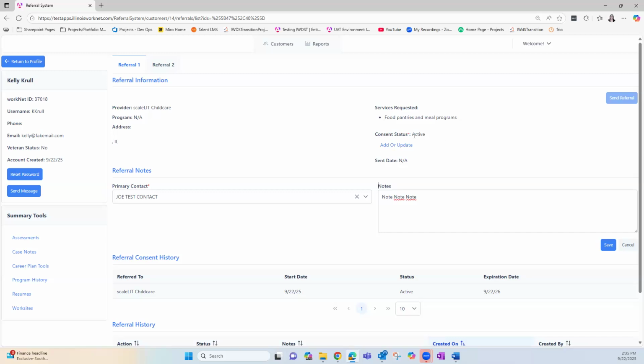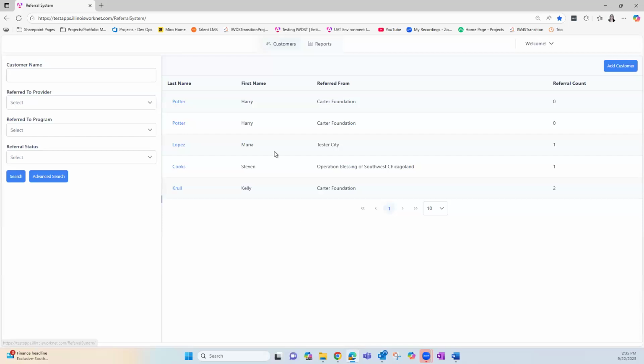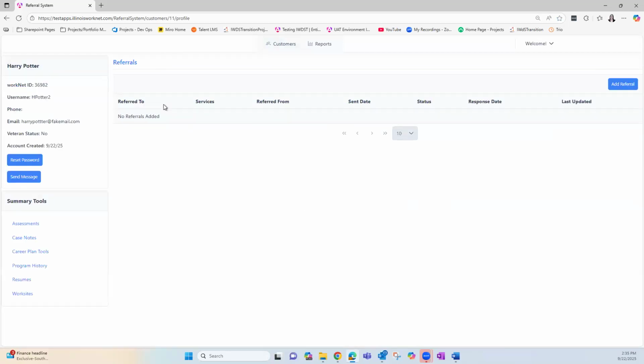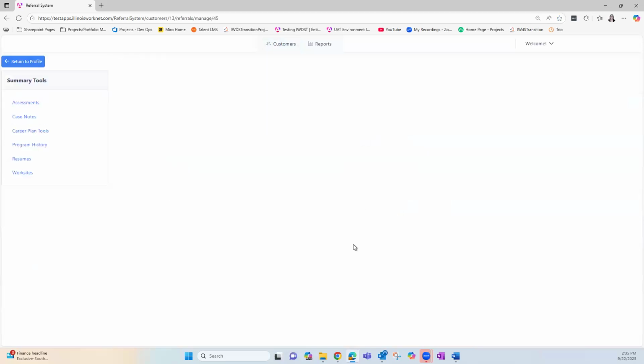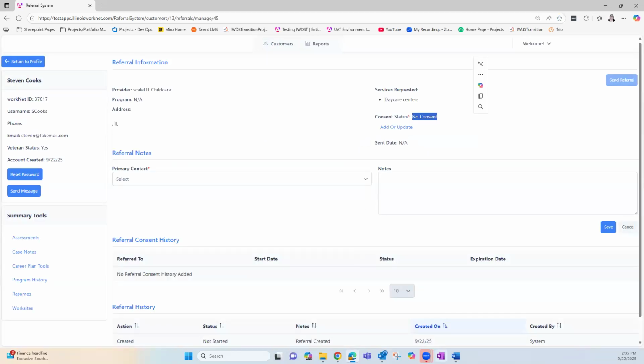Oh, up here. Okay, it says add or update. Okay, so it went, I didn't even notice, what did it say before? Let's look. I think Harry Potter here. Nope, not him. Let's look at Stephen. Oh yeah, so Stephen, it would say no consent. But I think that's good feedback. If you want to put that in as,